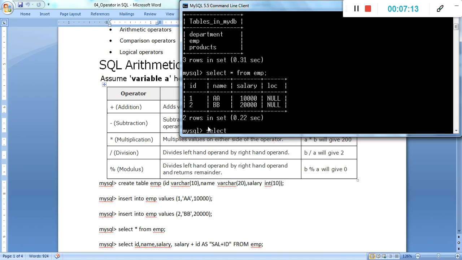Now select ID, comma, name, comma, salary, and we add salary with location, or rather salary plus ID, as sal ID.